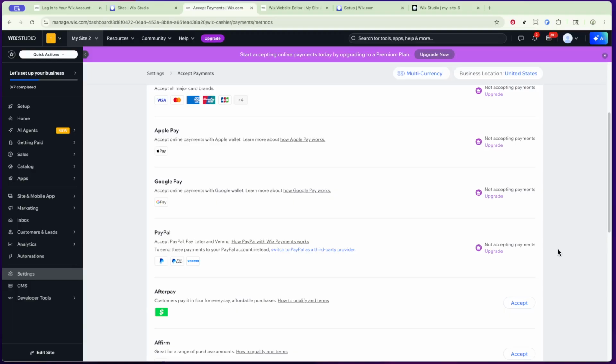And that's it. You've successfully added Apple Pay to your Wix website. By doing this, you've made it even easier for your customers to check out quickly and securely. Remember, offering streamlined payment options can significantly improve customer satisfaction and